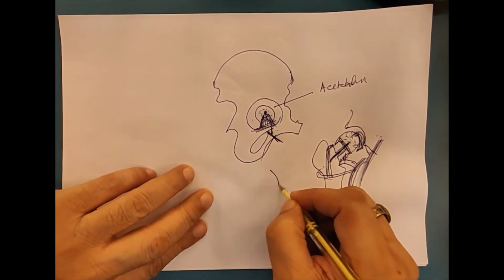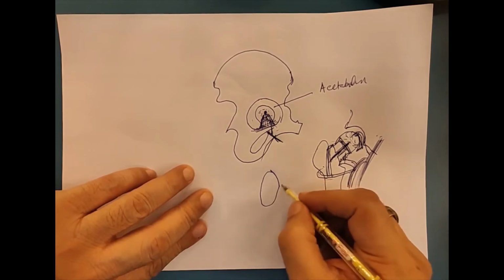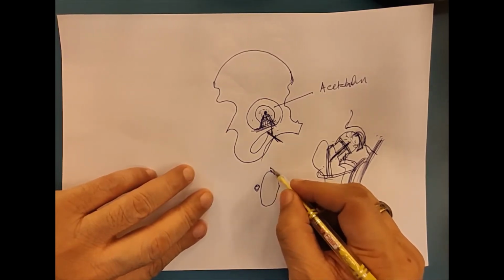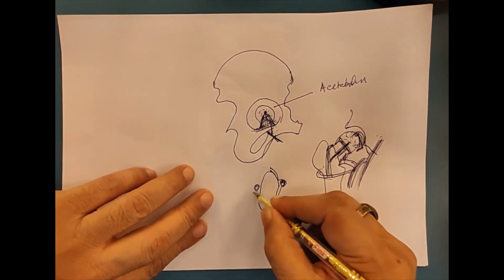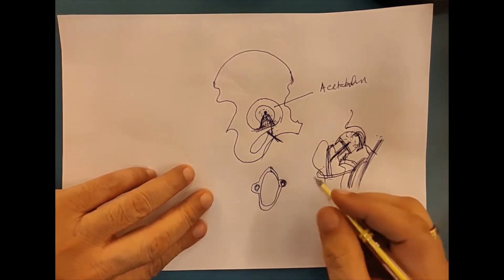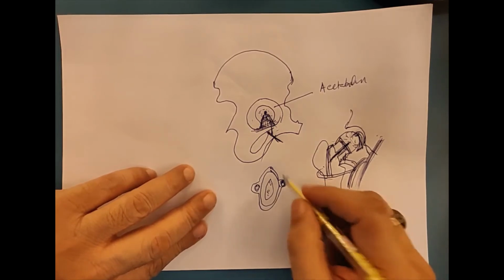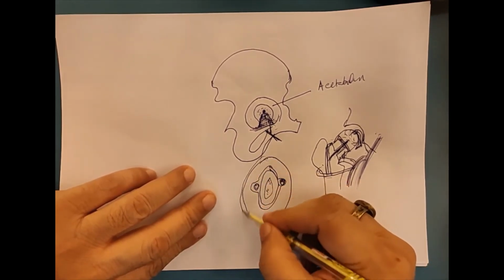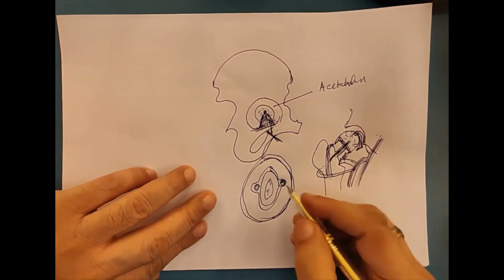So if this is the neck of femur, here are the vessels. Here is the synovium forming the retinaculum. This is also called the ligament of Weitbrecht. So here is the marrow of the neck. And outside you will have the synovial membrane which lines the capsule of the hip joint.